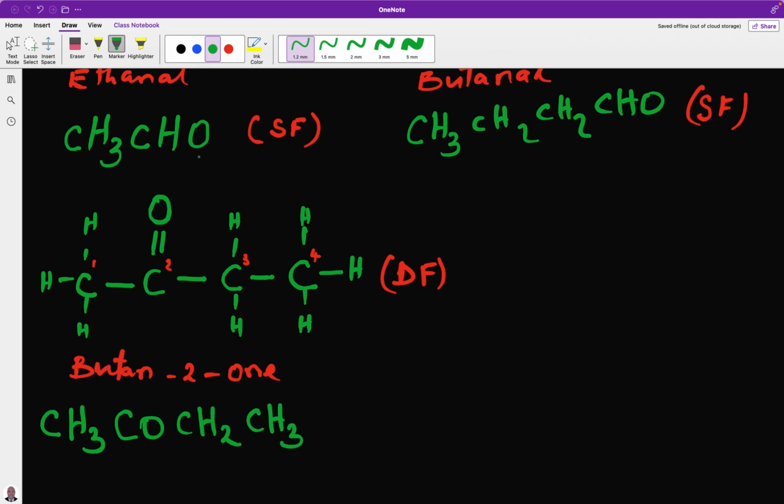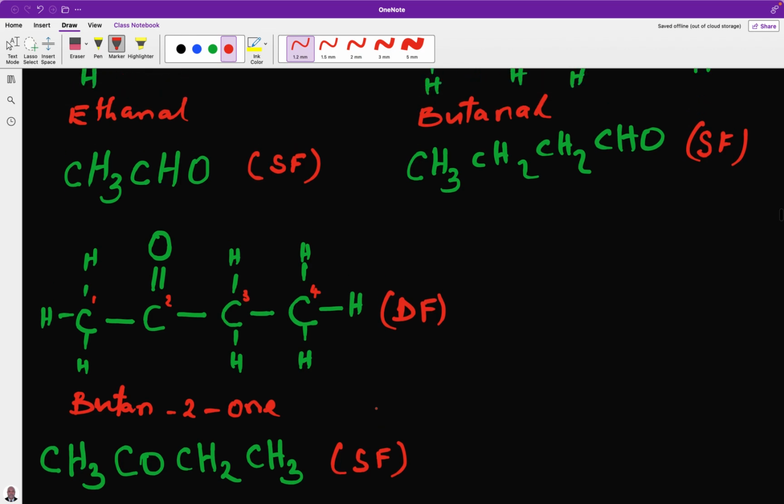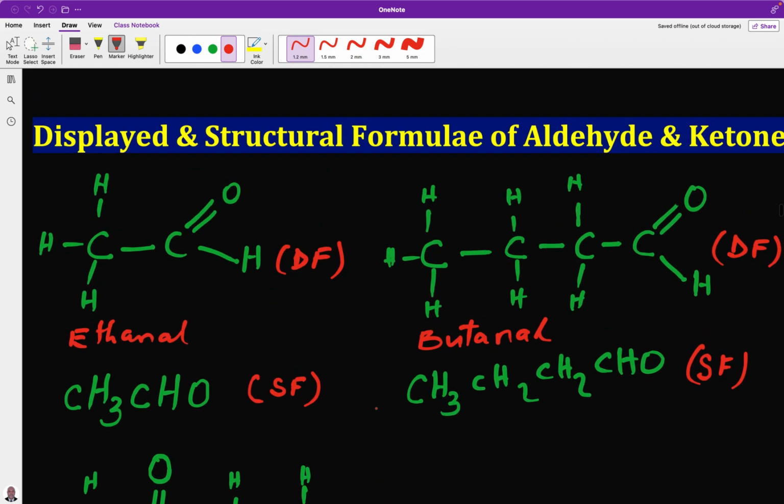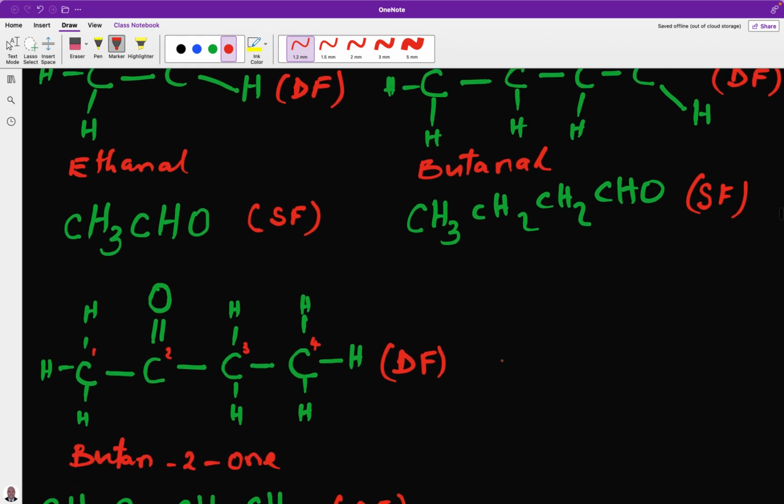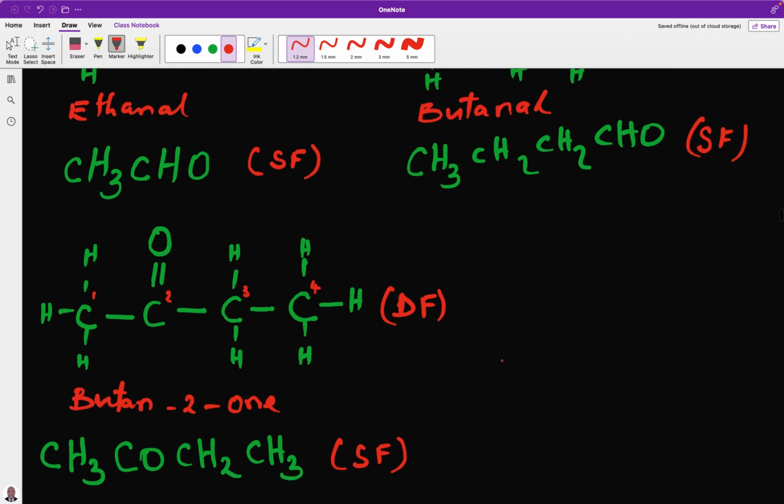This is SF, structural formula. Oh, I did not give the name for this one here. Okay. Now another example